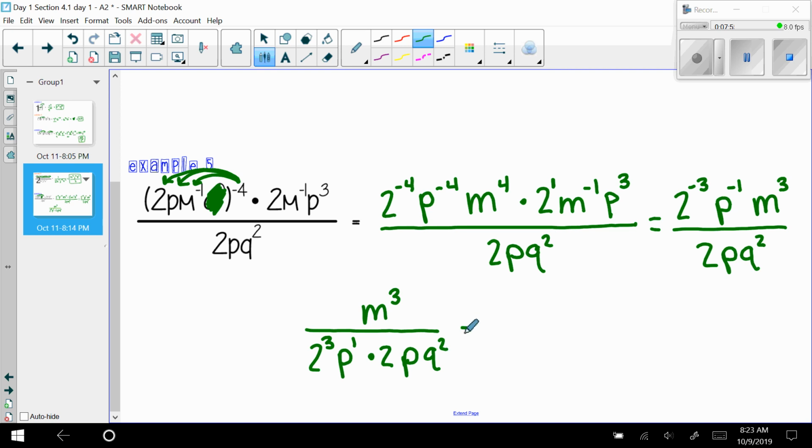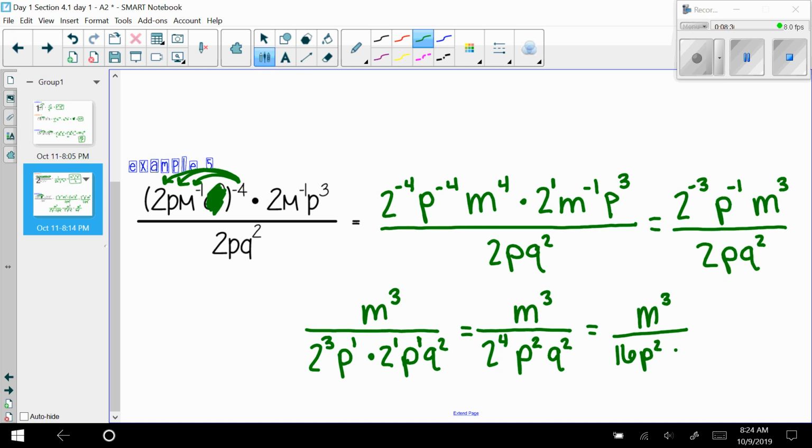Now I can go ahead and add my exponents on terms that are on the same side of my fraction. So nothing to combine up top here, so I'm going to do m cubed. And then 2 to the 3rd and 2 to the 1 is going to be 2 to the 4th. My p's are going to be p squared when I add those 2 1's there. And then my q squared is going to stay right there. Nothing to add with that one. And then last thing is we just want to simplify this. We can plug 2 to the 4th into our calculator. I believe that's going to give us a 16. So we get m cubed over